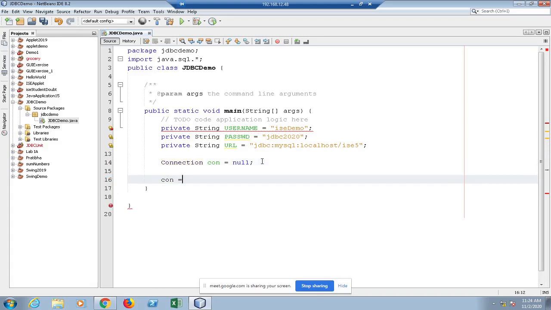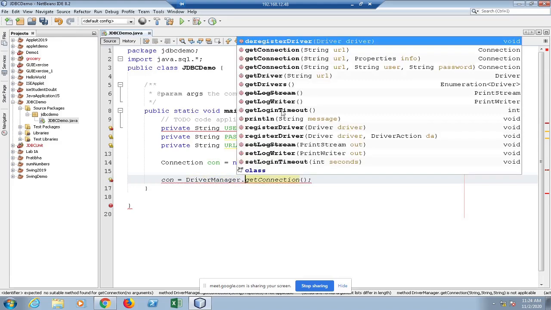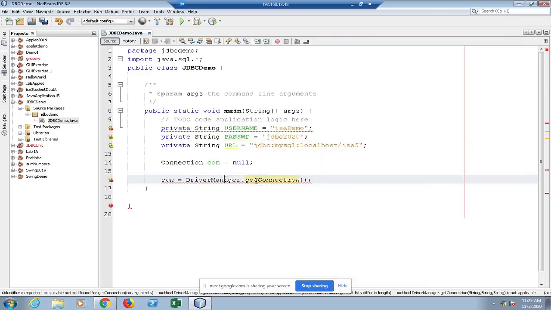So what should be the value of this connection? Who will fetch me that? This is possible with the method called getConnection. And this method has been defined in driver manager interface. Driver manager. And this is the beauty of using IDE.